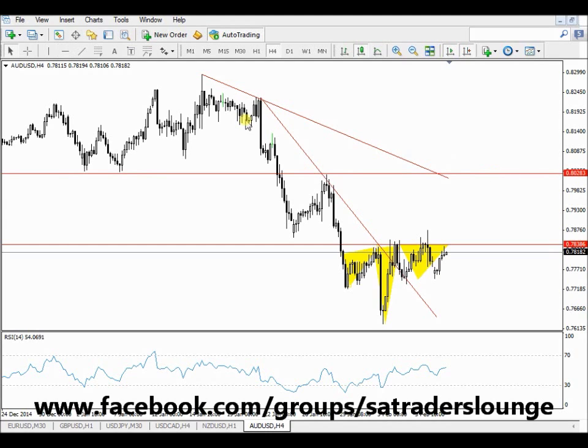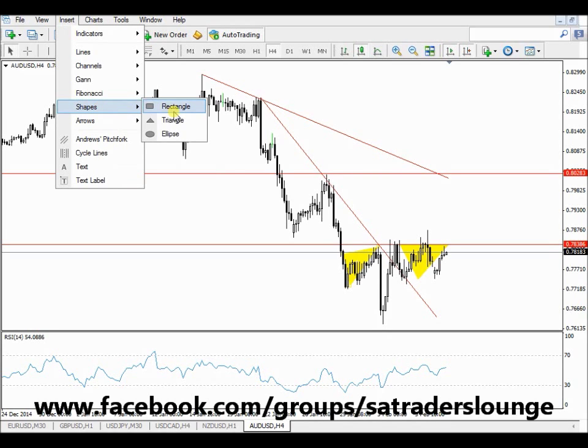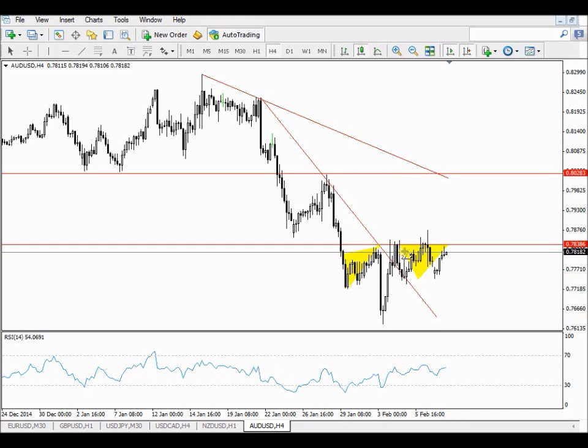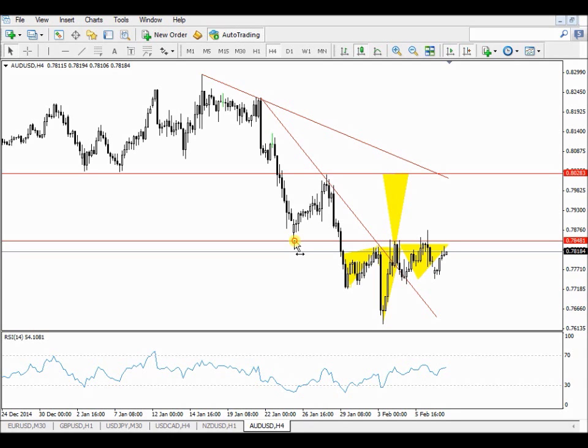There's my resistance, and I know the rule of my head and shoulder pattern is that it should be the same distance from my neckline to my head. It's the same distance that I must go for as my target. And you will see the neckline to the head is the same distance to my following resistance line. So this can be a head and shoulder pattern. I think if this resistance breaks here, let's move it a little bit up. You can see this past support here. Look how that became resistance.